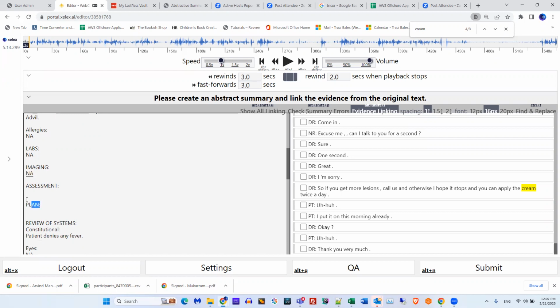Okay, now the next 2 areas, the assessment and plan, have very specific formatting. So make sure you pay very close attention here because these are big deals on the formatting. So it has to be formatted in the correct way. Okay, so under assessment, you're going to list anything that the patient and the doctor discussed as currently being the case. So shingles.